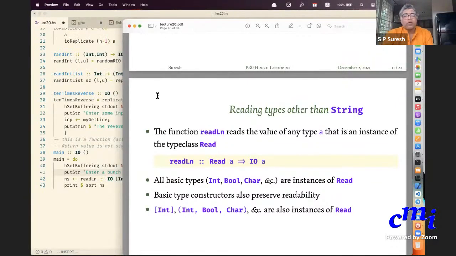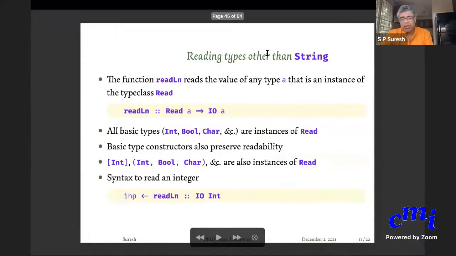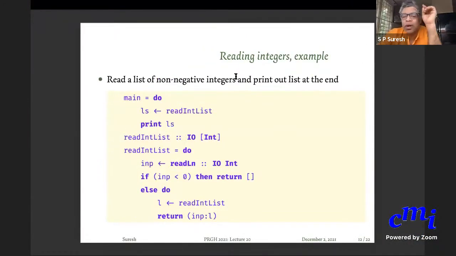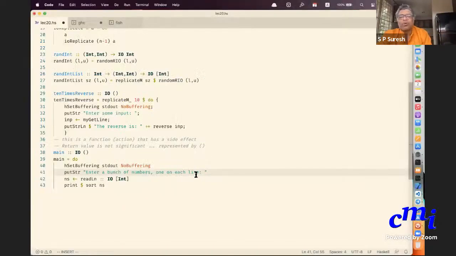Okay. Right. So here is, I want to read one number from each line and put them all together as a list. Okay, this is what I want to do. Yes, and what I want to do is I want to enter a bunch of numbers, one on each line.